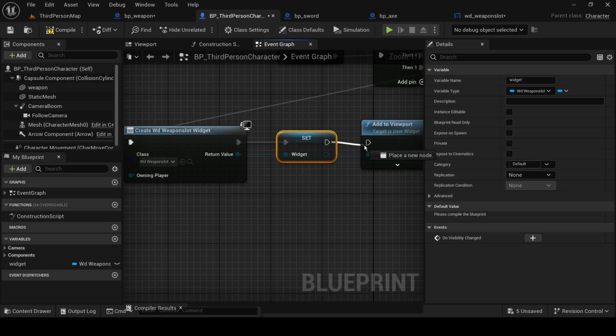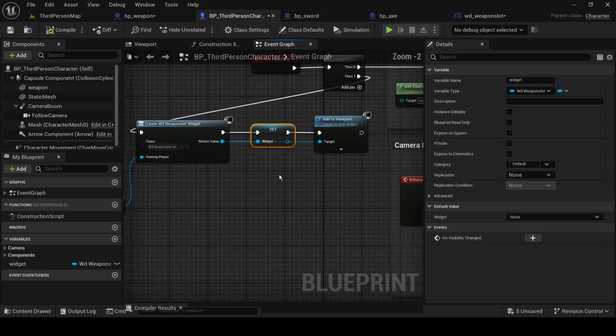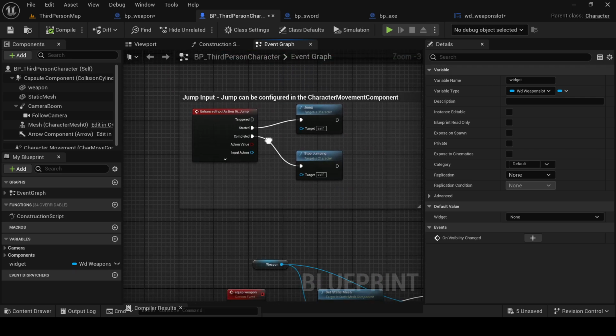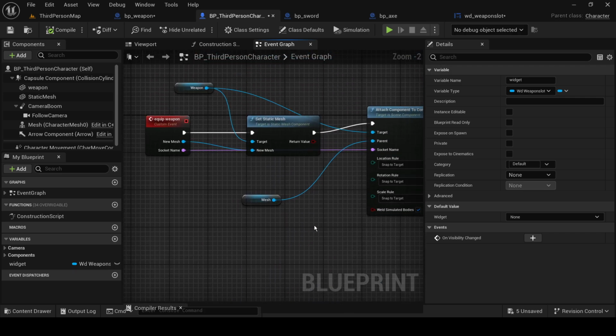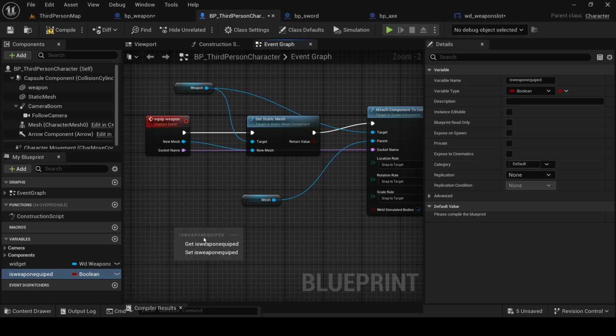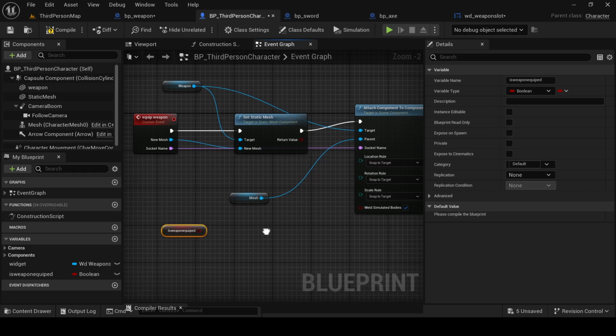Let's set here. Okay, and let's go back here. So what we're gonna do is when we equip our weapon, we're gonna check if there is already an item equipped or not. So we're gonna create another variable, is weapon equipped. So let's get weapon equipped here,